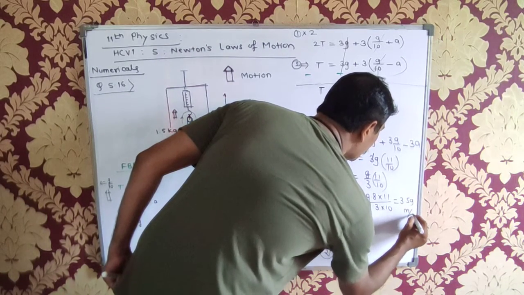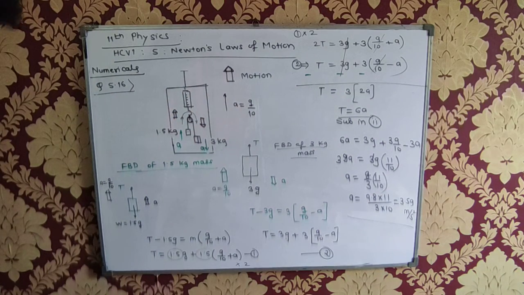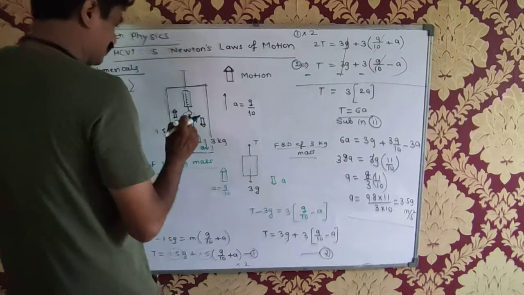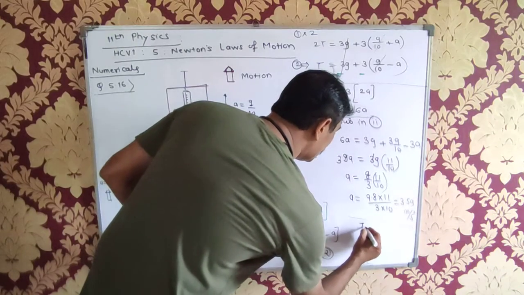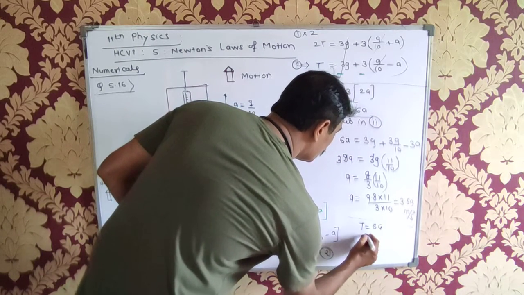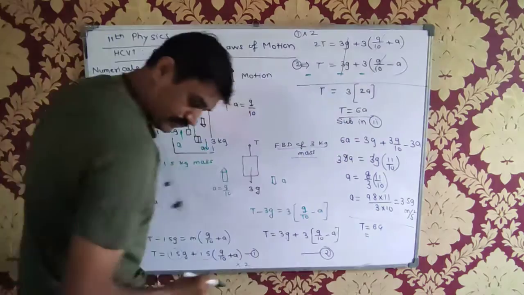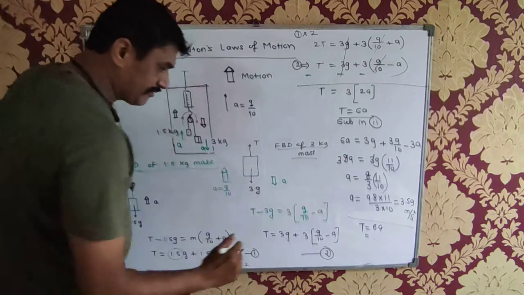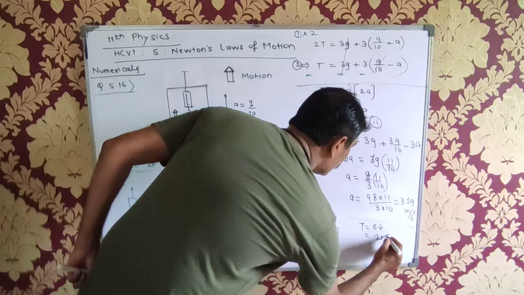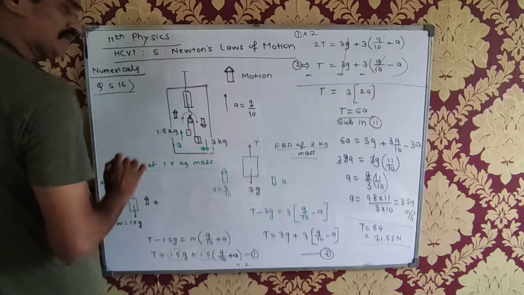meter per second square. This is the acceleration. Now I'll have to find out what is the tension here. यहाँ का tension चाहिए. So tension T is equal to 6 into A. So it will be 6 into 3.59. कितना आएगा? 21.5. 21.55 Newton. Now this tension is ये वाला tension, यहाँ का tension.